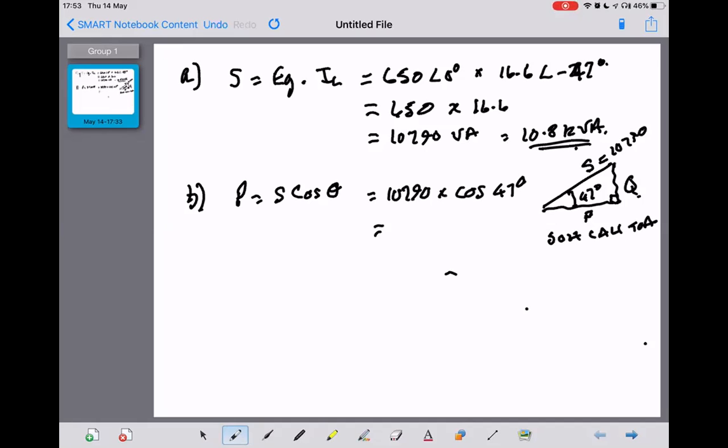That's always the easiest one for me to remember as well, because the power factor is cos theta. You'll know that that is P over S. So if you rearrange that, that's how you get P equals S times cos theta. One thing to notice is I've used 10,790 and not the rounded 10.8 kVA, because I'll be doubling up on my rounding then. And the answer is